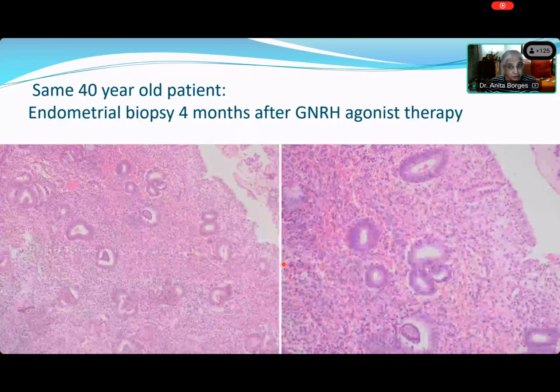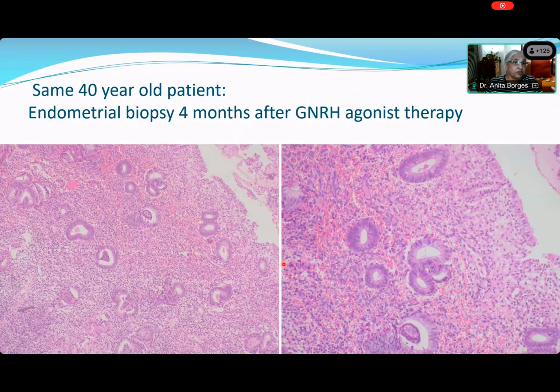So this woman now, from something that looks like a carcinoma of the endometrium, because it looks so hyperplastic, has now become completely quiescent. And we know that it is quiescent. You see the endometrial lining over there, and you see these round, nice proliferative phase glands. And it is the proliferative phase. Why?